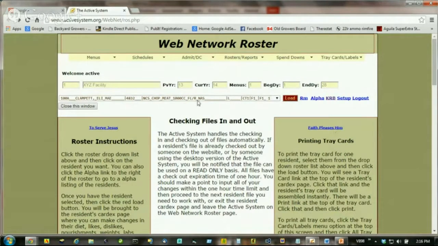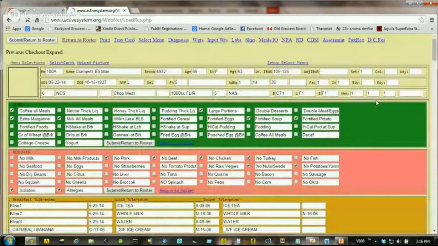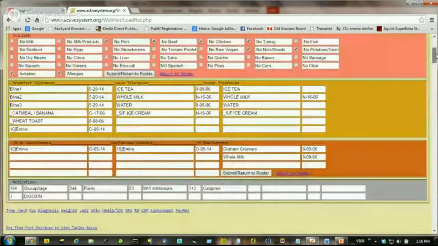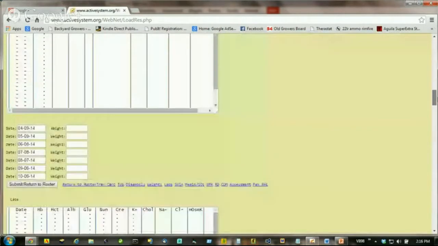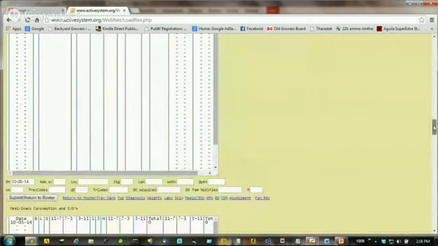Okay. So that's printing tray cards and how quick and easy it is on the web-based version of the Active system. Let's load up a resident. Ellie Mae Clampett is in there. We're going to load her up, and this is her Cardex. It has everything that you saw on the new version and the old version of the Active system. You can scroll down and see all the different